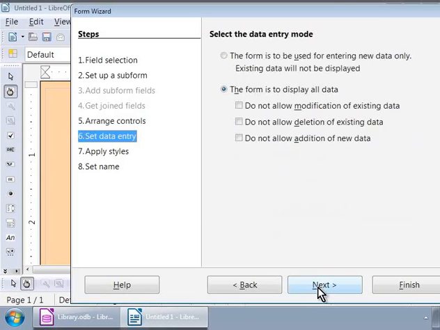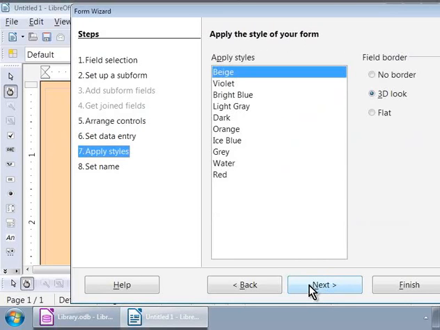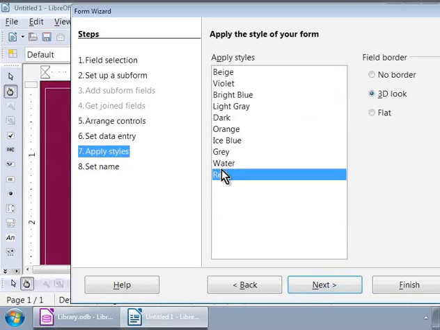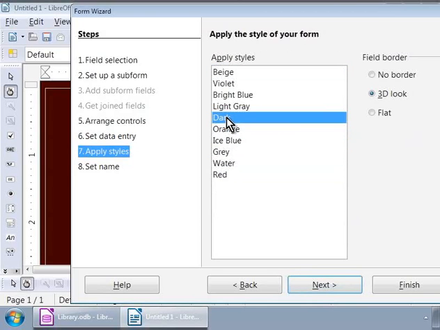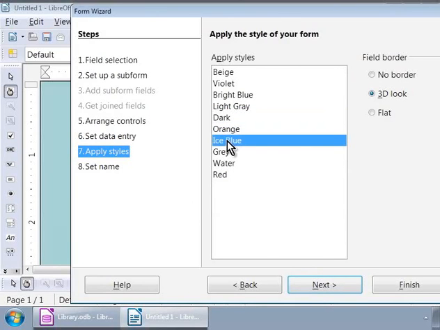We are on step 6 that says Set Data Entry. We will skip this step for now and go to the next step. Step 7. Apply styles. Notice that the window background color changes as we click through each color in the list box. Let us choose Ice Blue by clicking on it.